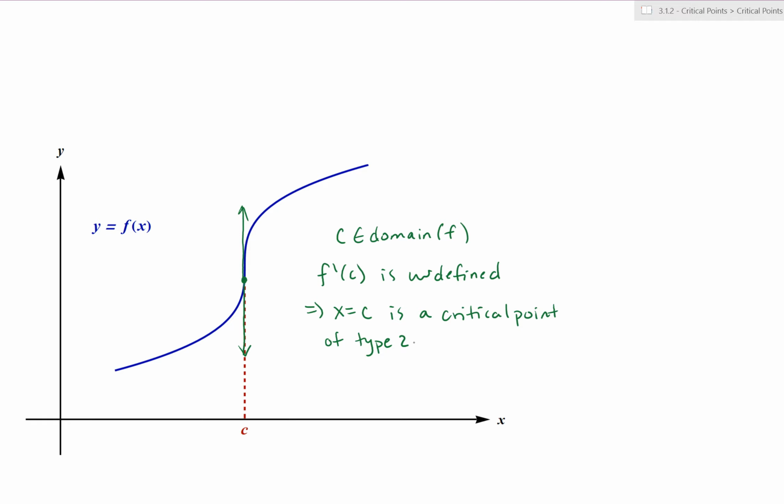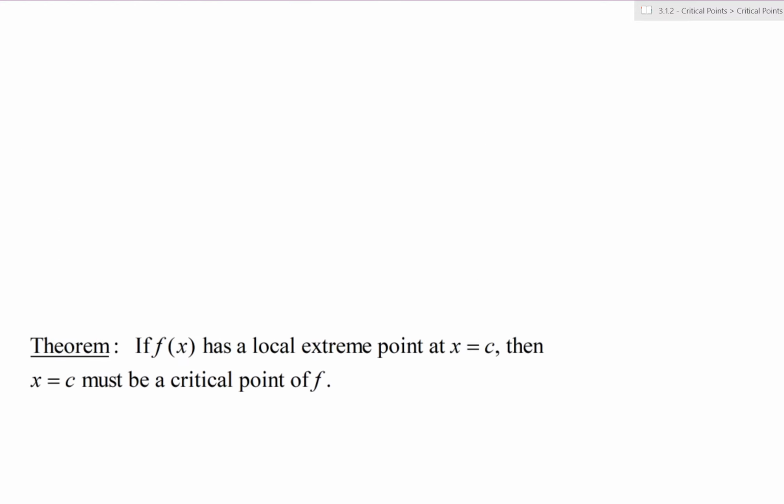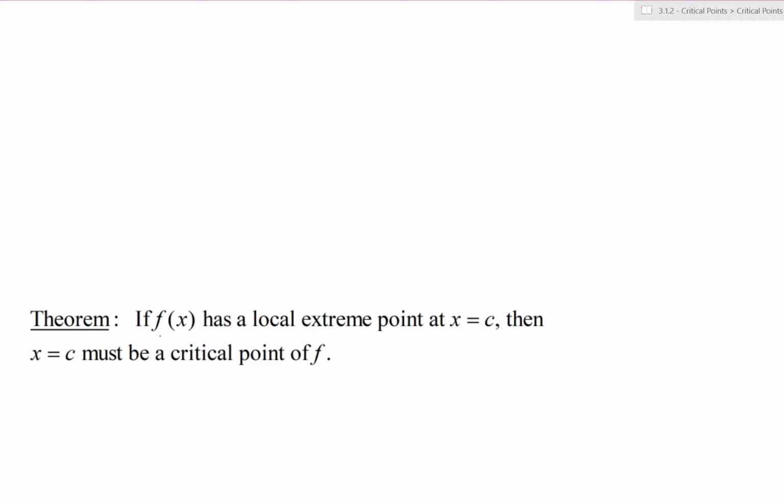So we start thinking, okay, what's up with these critical points? Why do we care about them? Well, we can see through the variety of graphs we just looked at that just because we have a critical point doesn't necessarily mean that we have a local extreme point. However, in all the cases that we had a local extreme point, that location was always a critical point. And in fact, this leads us to a theorem, and that is, if a function f(x) has